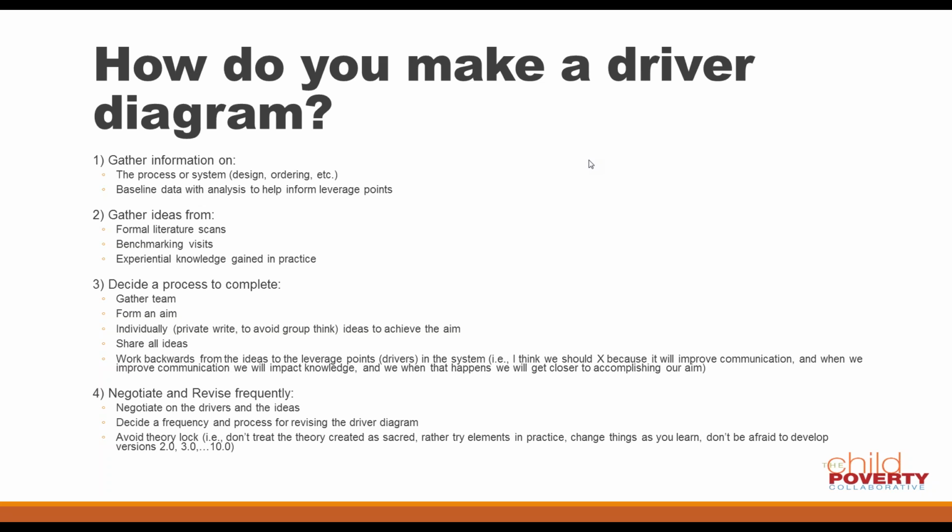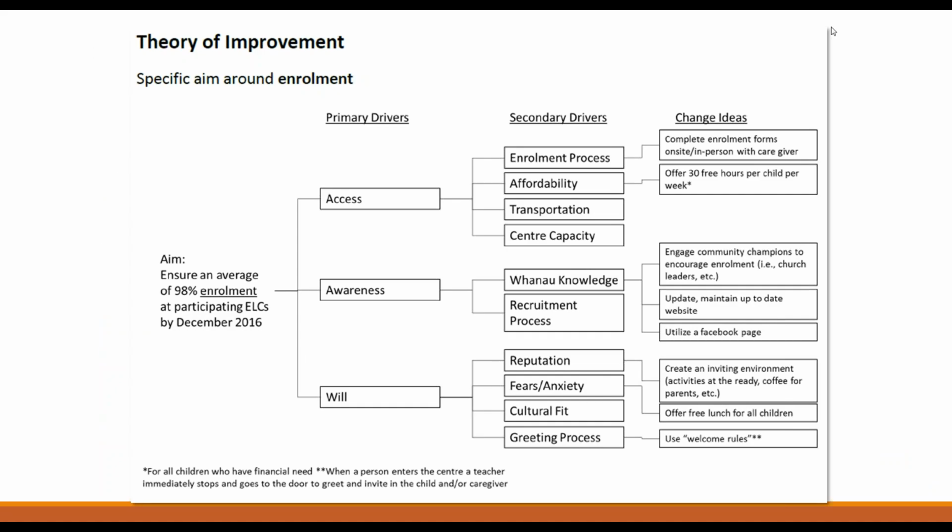But if we click forward 1 slide, just as a reminder of what a driver diagram looks like, and all of you know this now, so I won't dwell on it too much, but we have our aim, our drivers, secondary and primary, and those really represent what needs to change and where in the system change is needed, and then the change ideas themselves, how we plan to make a difference, how we plan to change the system in order to get a different result out of the outcome.